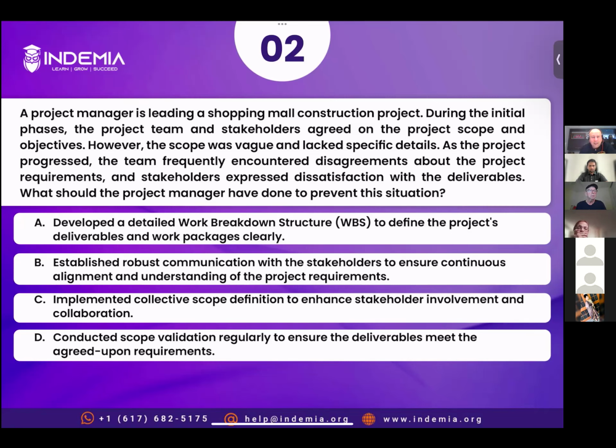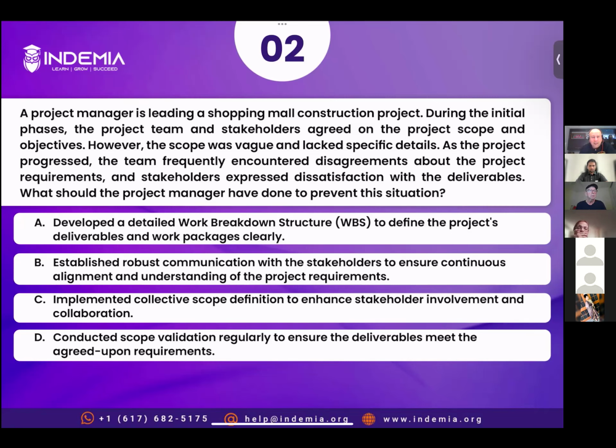So what's happening here? We need to find what's the root cause. And what's the root cause here? As Robin mentioned, insufficient detail. So whatever is happening, that is because of insufficient detail. It's not because you haven't discussed with the stakeholders. It's not like you have done it unilaterally. It's not like you have not communicated. Whatever you have agreed on, it lacks sufficient detail. So lack of detail is the problem here. Now we'll see which option addresses this problem of insufficient detail.